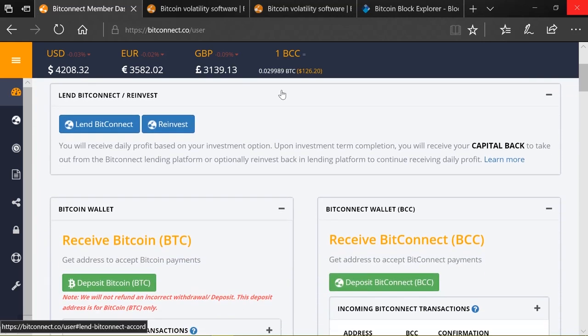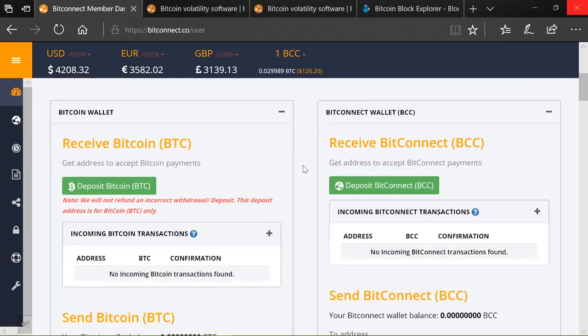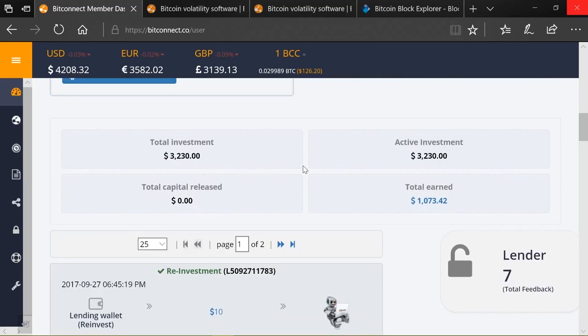Now we're going to talk a lot more about compounding interest. We've got a calculator that we were talking about earlier, which we will show you in another video. So you can talk about total investments, which is here. So the amount that you put into the system, including reinvests, shown here. Active investment should be equal to your total investment, as long as you haven't taken any money out. Total earned is the amount of interest, the amount of profit you've made on your interest. So I'm now 30 days in, so I can probably show you.